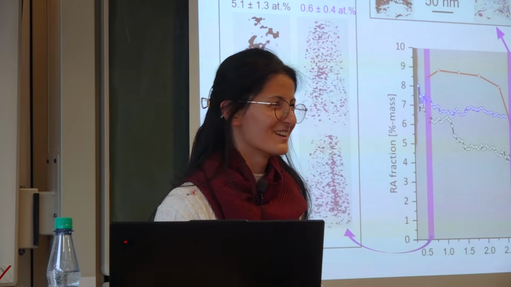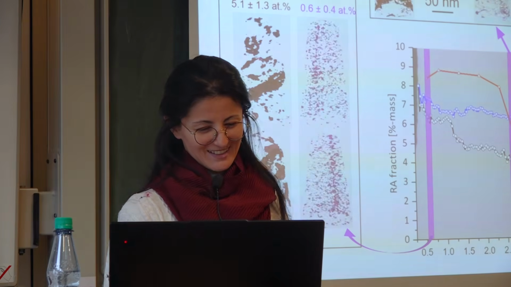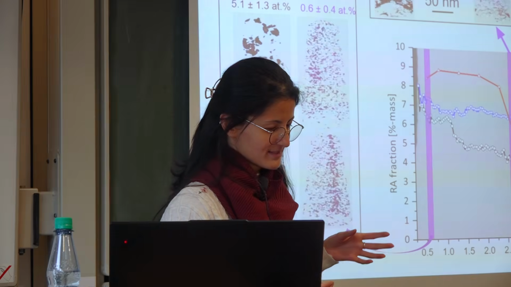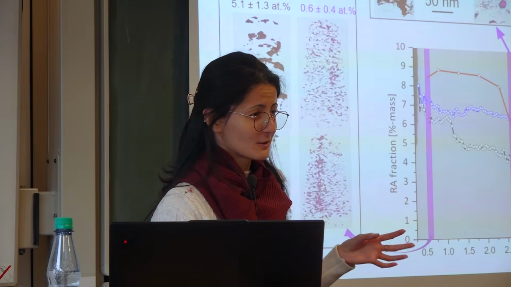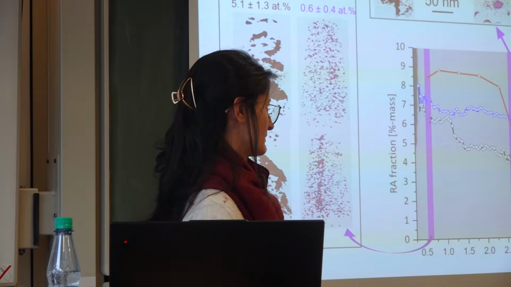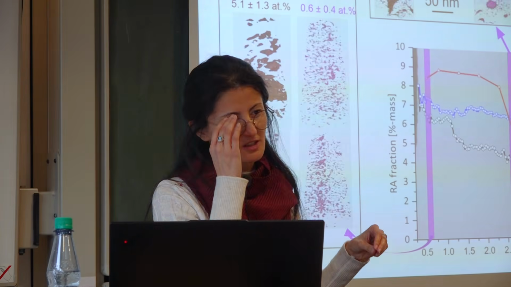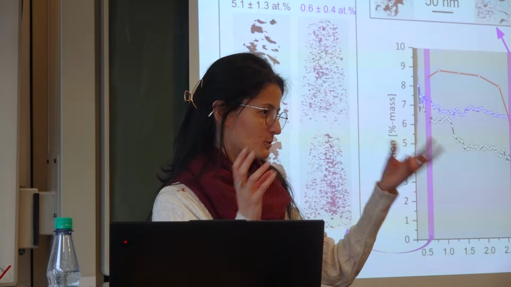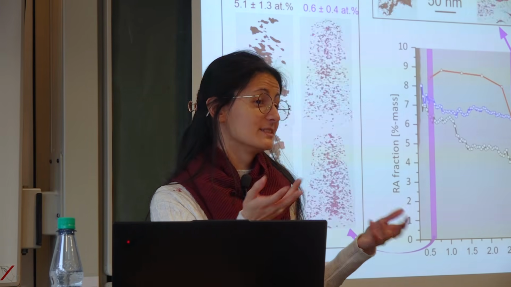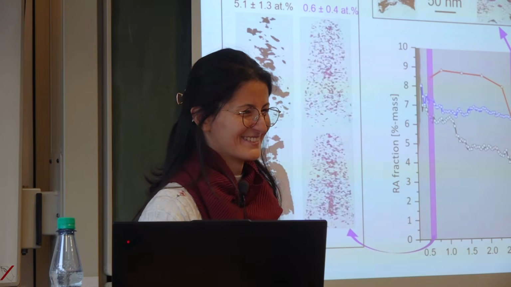Except hydrogen, because hydrogen is a big issue. Even if the analysis chamber is in a very good vacuum, very low pressure, we still have hydrogen inside, and when the sample is subjected to this voltage, the hydrogen atoms around would get ionized on the surface and then evaporate, and then we would detect them as coming from the sample, but they are not coming from the sample. But yeah.